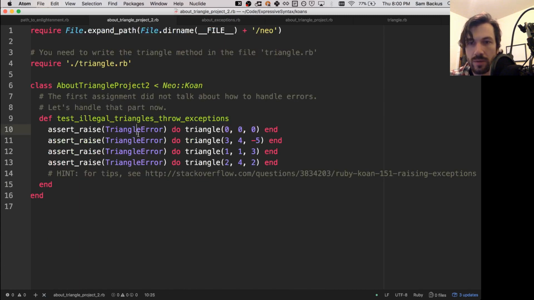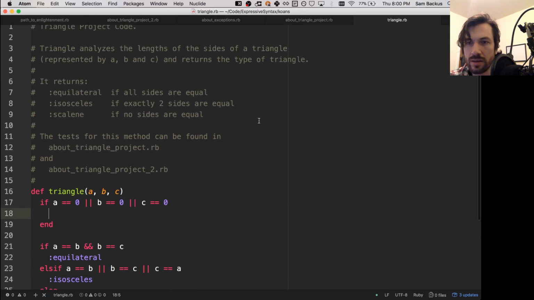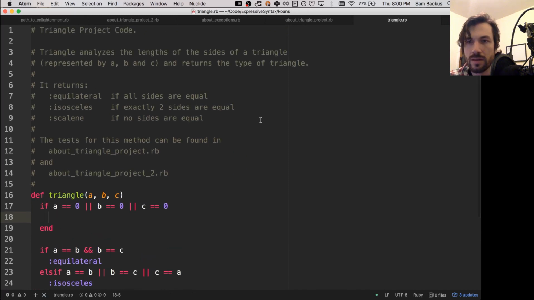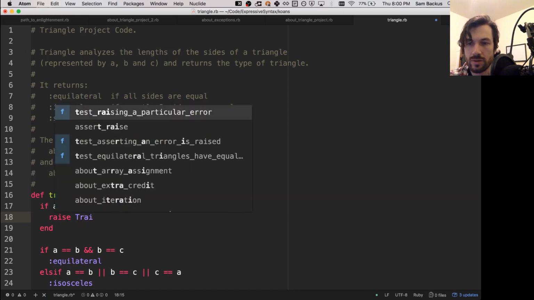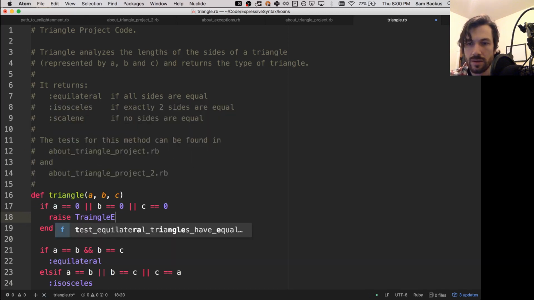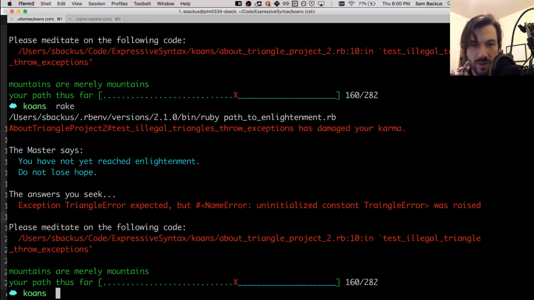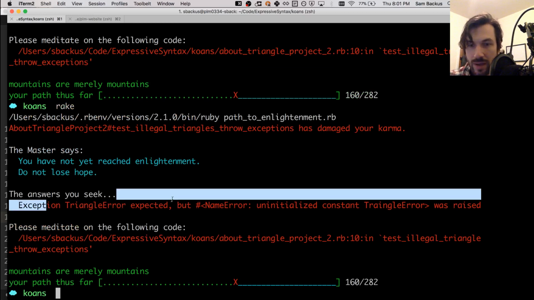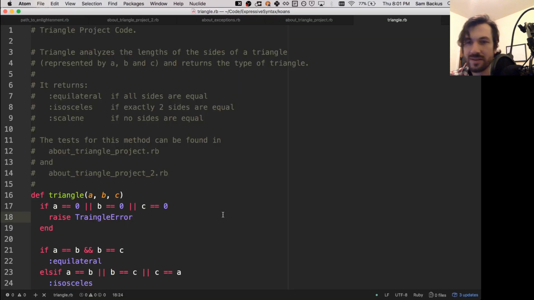Then what kind of error? We want to raise a triangle error. So do we have something called triangle error already? Let's just try doing raise triangle error. This might not work. It might be like, what are you talking about? What is a triangle error? Yeah, exception triangle error expected but uninitialized constant triangle error was raised. It doesn't know what triangle error is. Okay, so